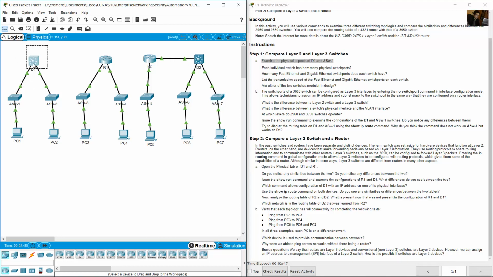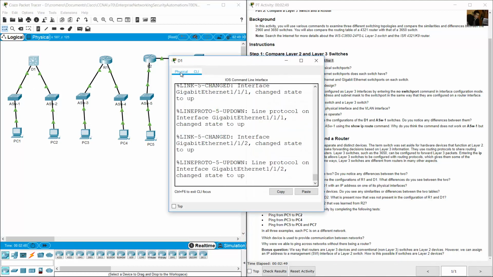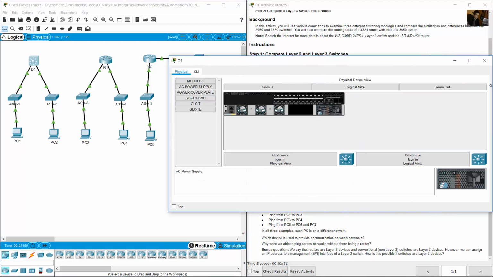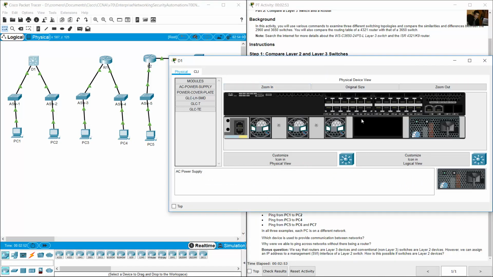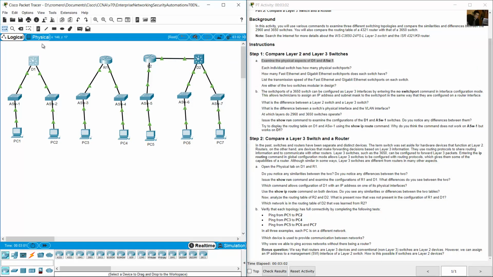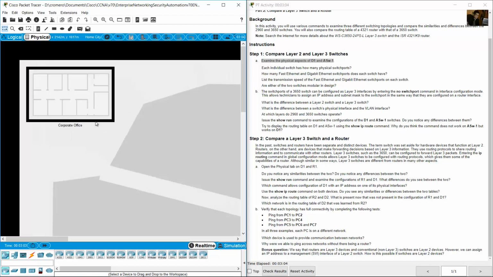You can go, for example, to D1 and the physical tab, and you can see the physical hardware of the device. Or you can go to physical, go to the CD, go to office, click,